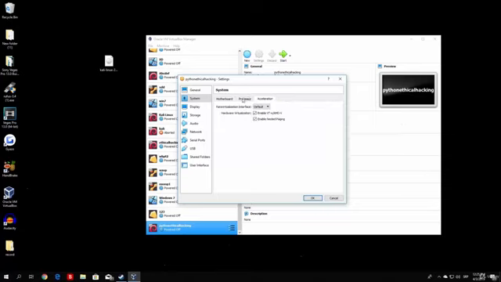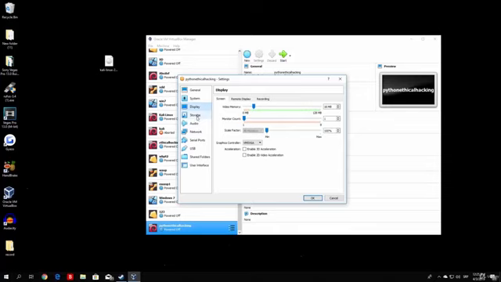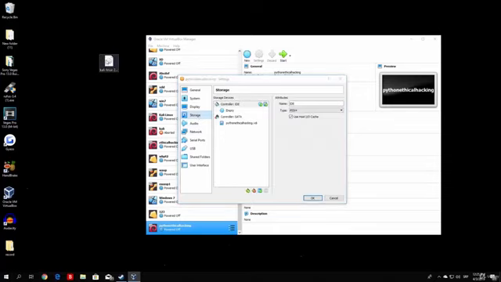The acceleration is something that we do not care about, so make sure to check this if this is okay. This one as well. And the next thing we want to do is go to the storage. Here we will add our Kali Linux ISO file. So what we want to do is first of all delete the empty attachment right here. So remove it, and under the controller IDE right here you will have this disk with a plus right here. All you want to do right now is actually just